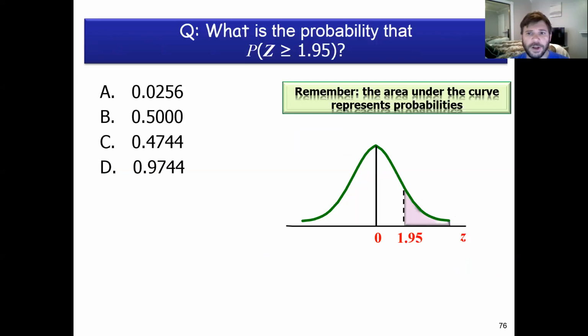Now we want to know something called a tail probability. We're not looking at the probability in the interior of the distribution. We're looking at the probability in the tail, in the upper tail here. Now, what will the table give us? Well, if we plug in a Z value of 1.95 into the table, it will not give us the pink area here. In fact, if we look carefully at our table,